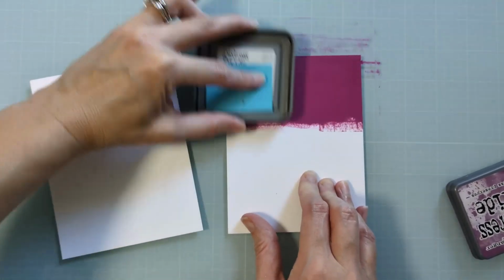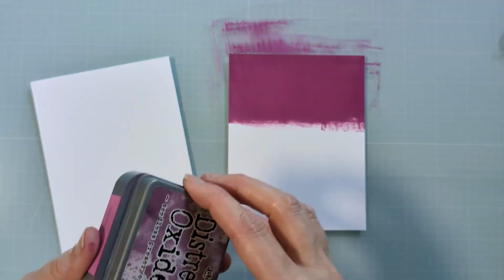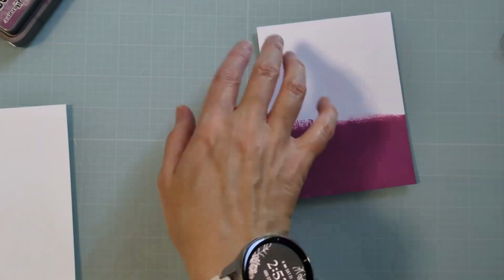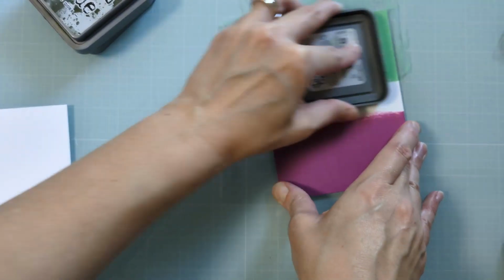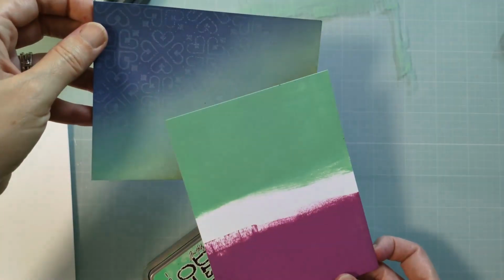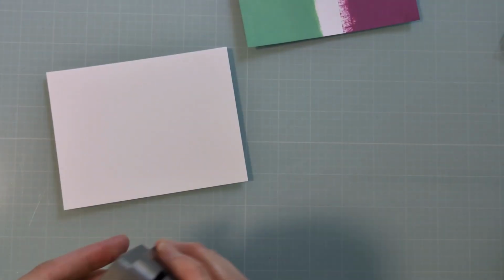Now, I want to do some die cutting with that really cool die that I showed you. So I'm creating my own custom colored cardstock with the same Distress Oxide pads that I used for the blending and for the stamping. So I have more of that 120 pound accent opaque. I'm just going direct ink to paper and just smushing it down right on that cardstock in 3 of the colors. So I'll have one for each of the panels,